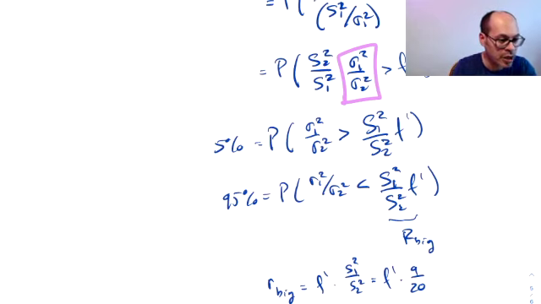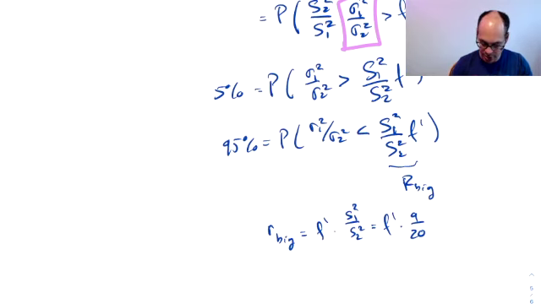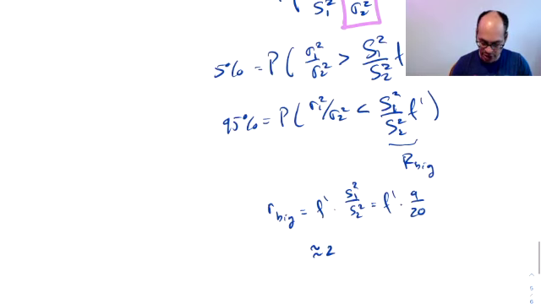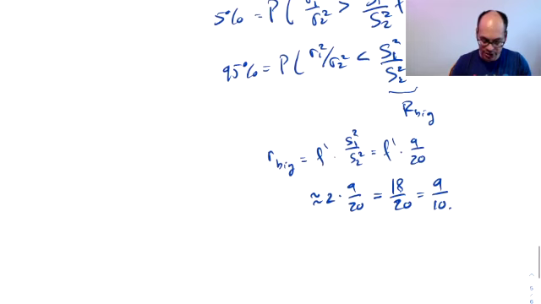So again, here we are back at R, and it's the quantile function for the f distribution up to 0.95, but this time for 35 and 20. And we find that it's about 2. So f prime is about 2, so f prime times 9/20ths. And so we find 18/20ths, or 9/10ths. So that means that our confidence interval,